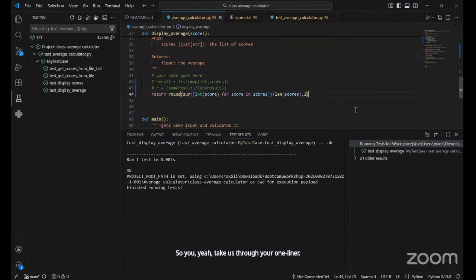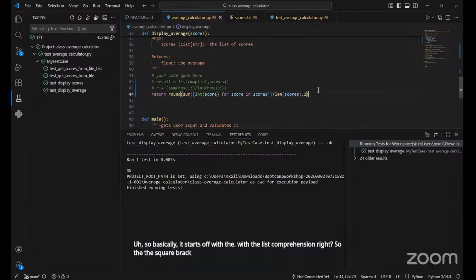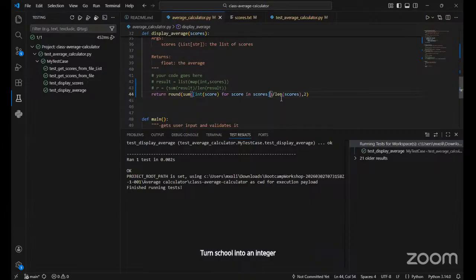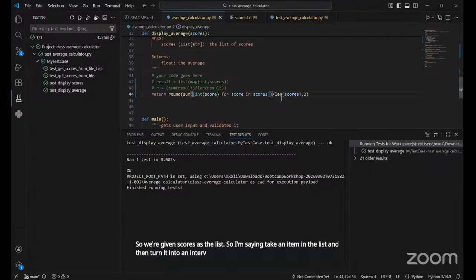Basically, it starts off with the list comprehension. The square brackets are how I do the list comprehension. I say, turn score into an integer for score in scores. We're given scores as the list, so I'm taking an item in the list, turning it into an integer and returning a list with the list comprehension.